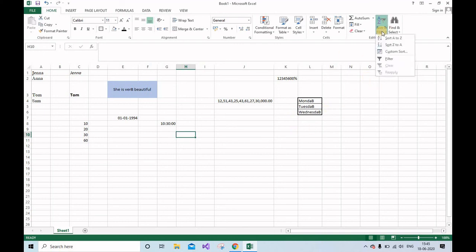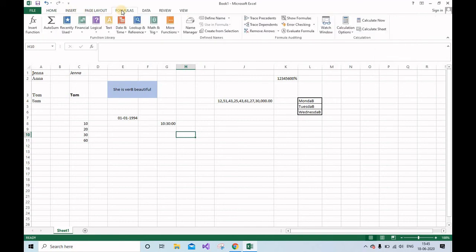So in our next video, I'll tell you how to use the other formulas also, whichever are given in formulas. There are so many formulas and we can insert the functions also. There are VLOOKUP, HLOOKUP, so many things in Excel with which you can do data management, which I'll tell you in my next videos.